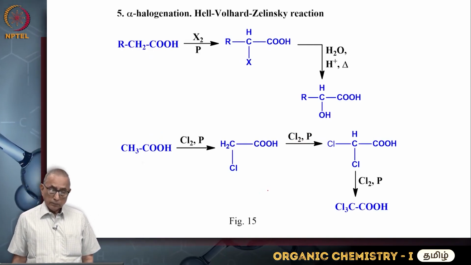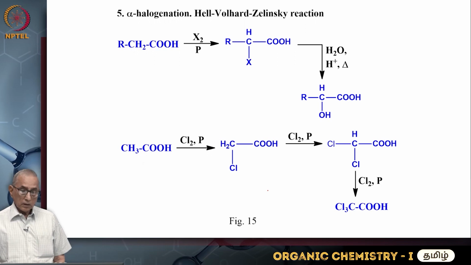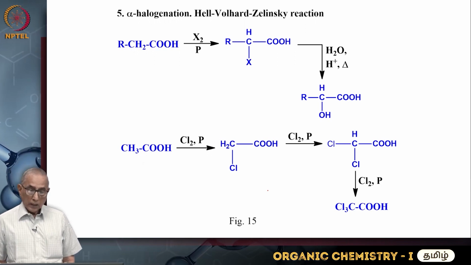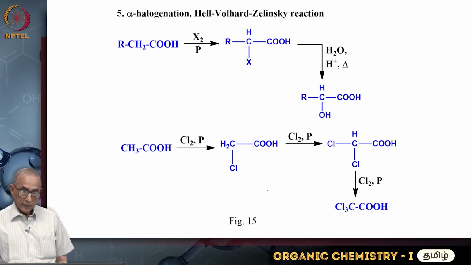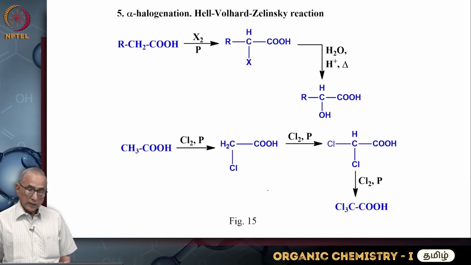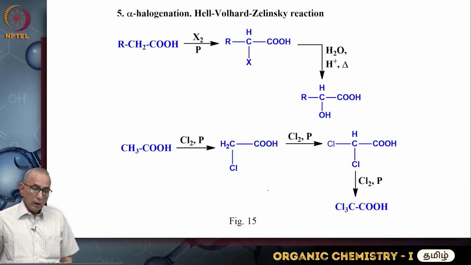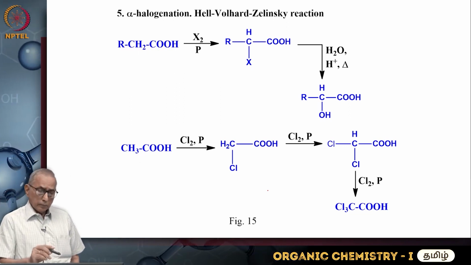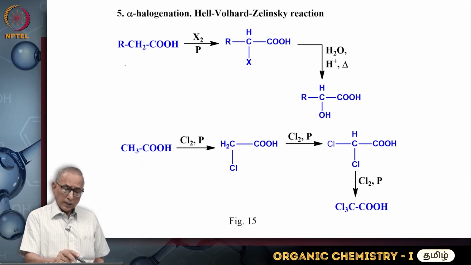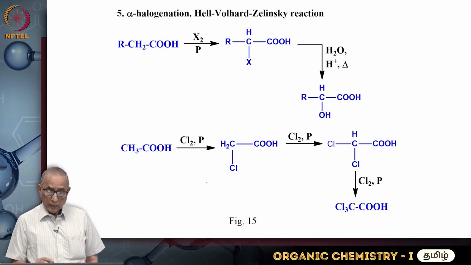Alpha halogenation. This reaction was discovered by Hell, Volhard and Zelinsky. This reaction is called the Hell-Volhard-Zelinsky reaction. Take an alkyl carboxylic acid, RCH2COOH, and react it